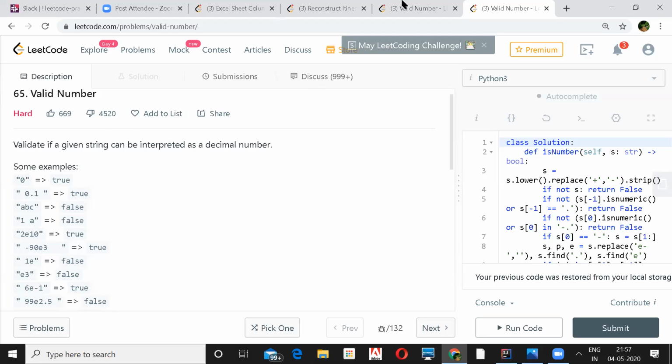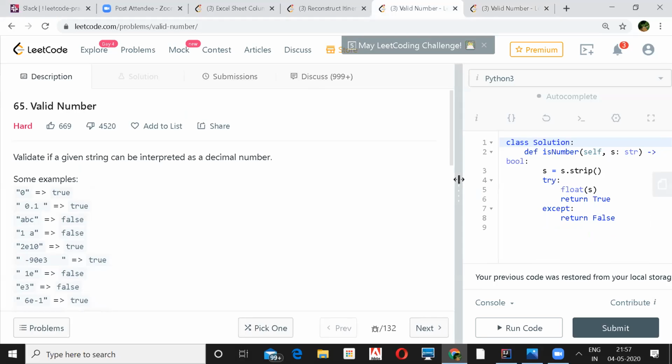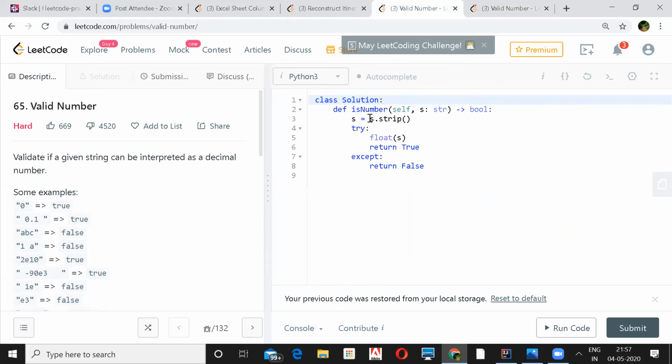So one approach is stripping the string and then using the try and except concept, converting it to float. Oh, that's so easy. I've seen this.